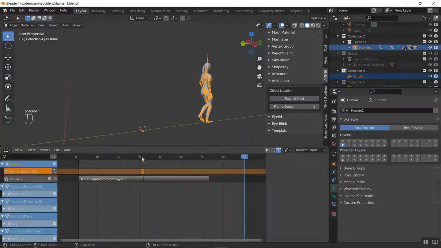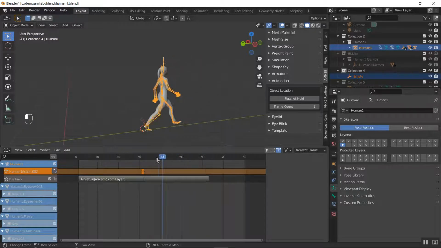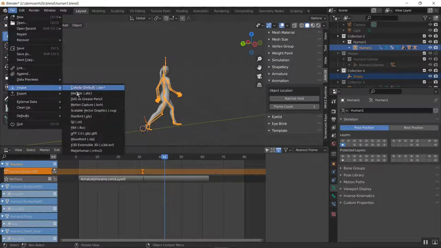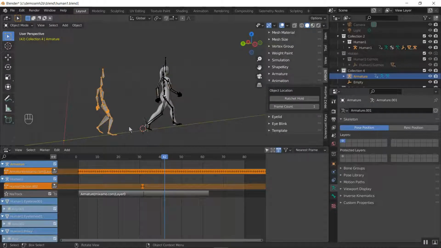Okay, next level. Let's add a second animation and blend between the two animations, using ratchet hold to make sure that the feet stay in the right position. They don't slide around or do something weird. Let's import our next animation. Just import the FBX. Stop walking. So this